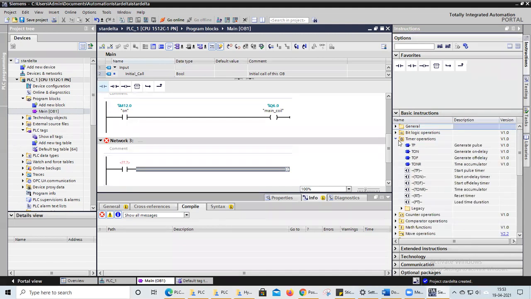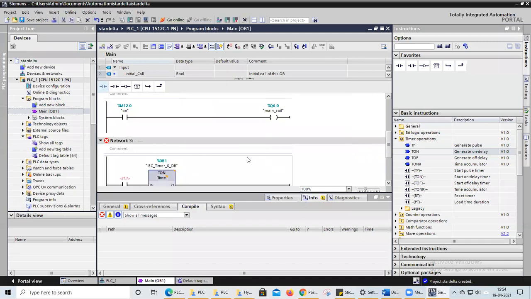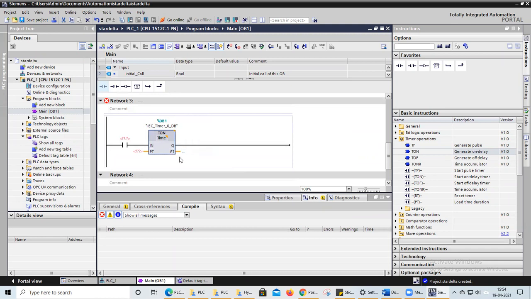Click on this one and take the on timer for our case. Once you click on this, the timer will be created and it will say it is a data block, IEC timer. You create OK. So you have taken this timer block.